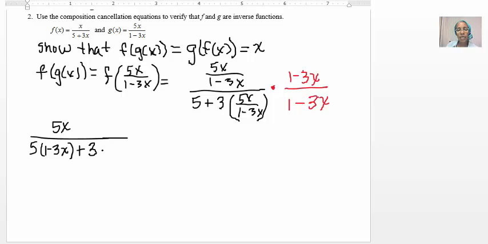And I have plus 3 times, and when I multiply 5x over 1 minus 3x times 1 minus 3x, I simply get 5x. So I have 5x over